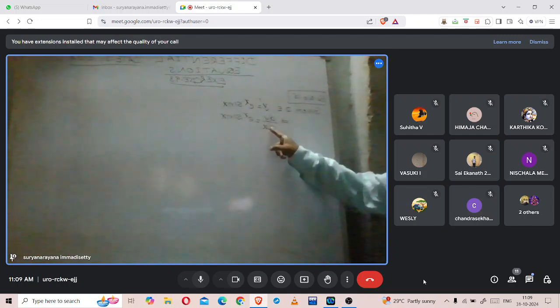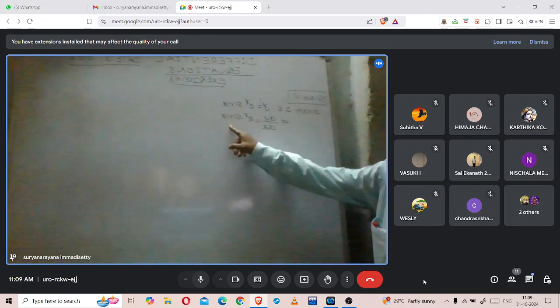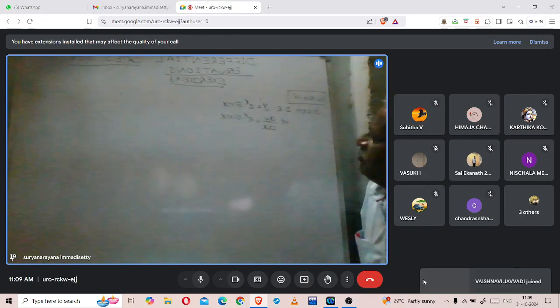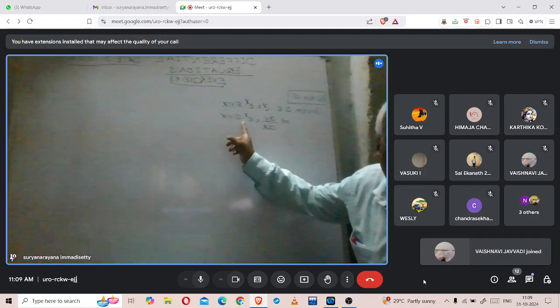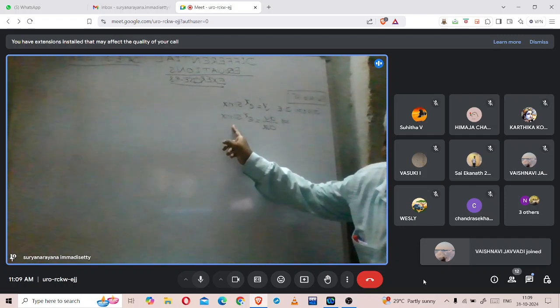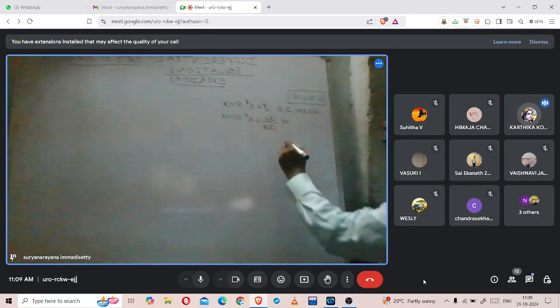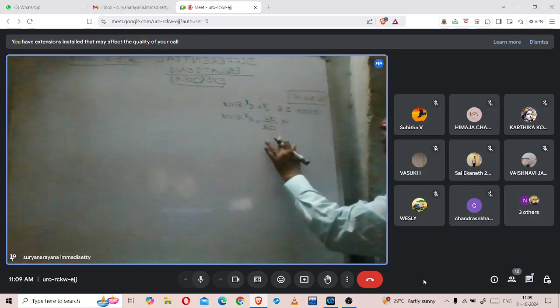So y dash means dy by dx is equal to e power x into sin x. We have to solve this equation by separating the variables. Now on the RHS, if you observe, the function is completely in one variable. Which variable is this function in? X. So by separating the variables,